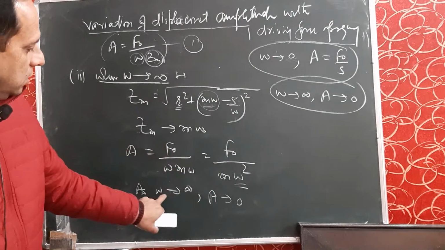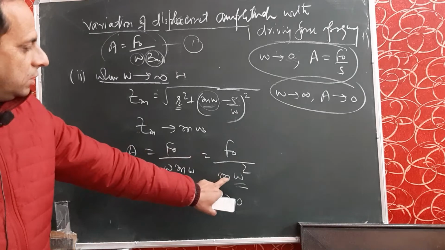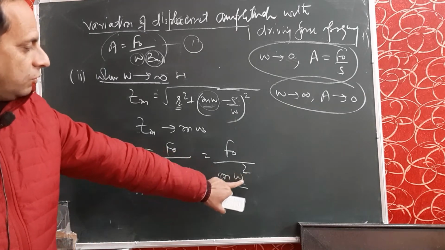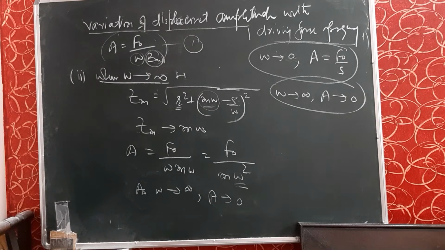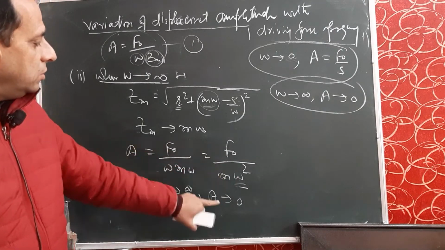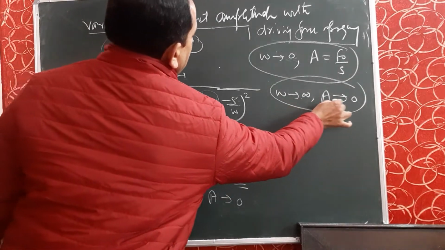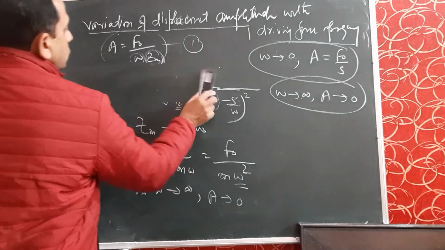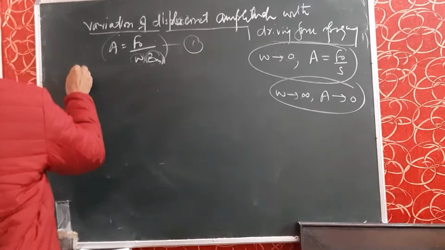Putting the value of omega as infinity here, we get f naught upon m into infinity square. Infinity square is again infinity, because the square of an infinite term is infinite. Something upon infinity is 0. Therefore, the second point is: omega tends to infinity, A tends to 0. This is the second part. And the third case,